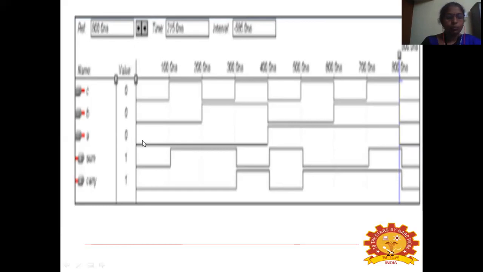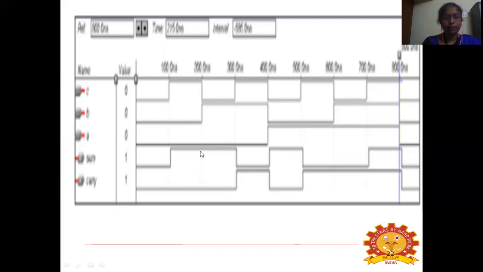Now, XOR function. For sum, let us calculate for sum first. 0, 0, and 0 from 0 to 100 nanosecond. So sum is 0. From 100 to 200 nanosecond, it is 0, 0, and 1. So it is 1.